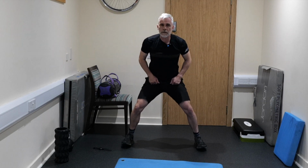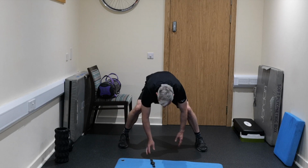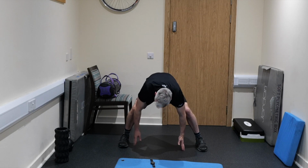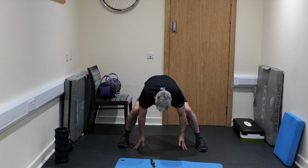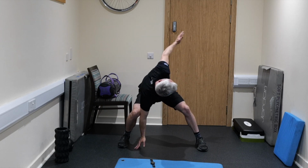So knees bent, okay, hands on the inside like this. Okay, keep my watch here. And then we're going to do thoracic rotations with reach to the sky, okay? So each time, follow your fingers with your eyes, okay? So follow your thumb, follow your fingers, and try and rotate all the way up so that you're looking up